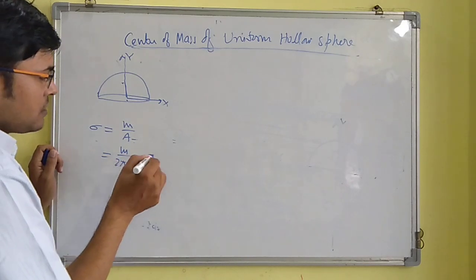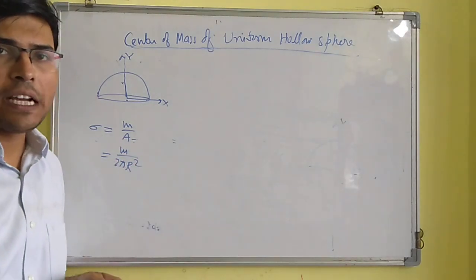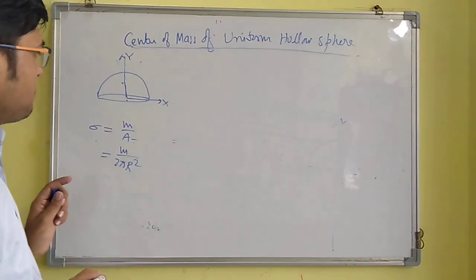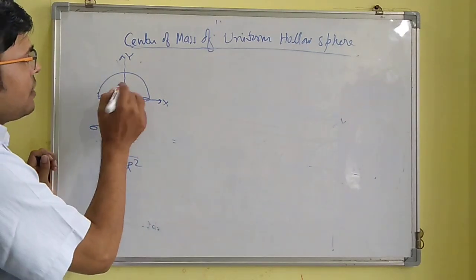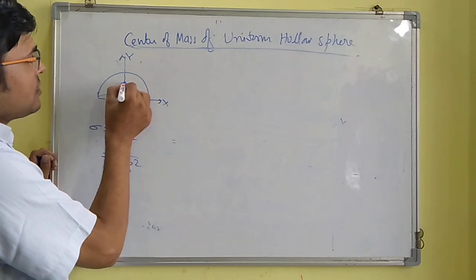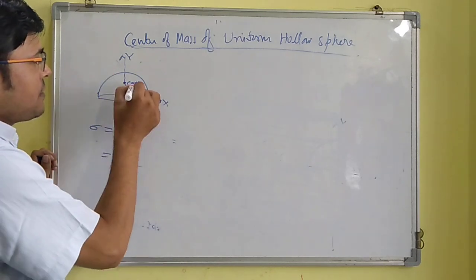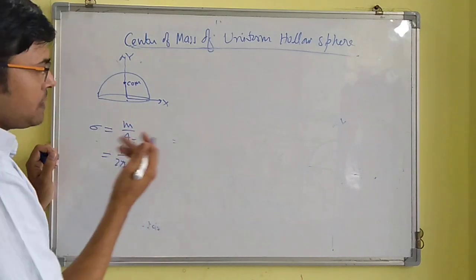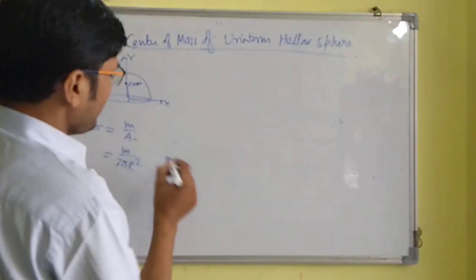As we know, the surface area of an entire sphere is 4 pi r square. So for a hemi-hollow sphere, this would be 2 pi r square. And again, from symmetry, the center of mass will be lying somewhere here, right, along the y-axis. Now, how to take an element in this particular case? So what we do,